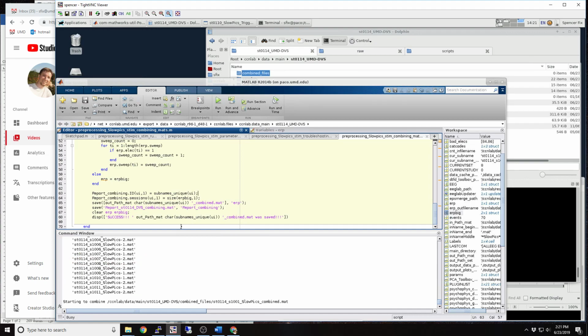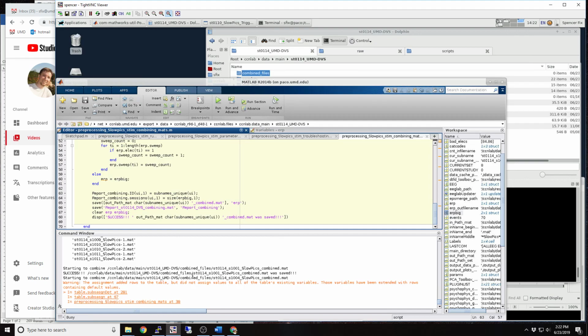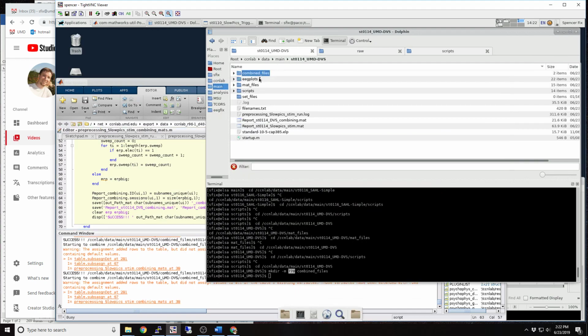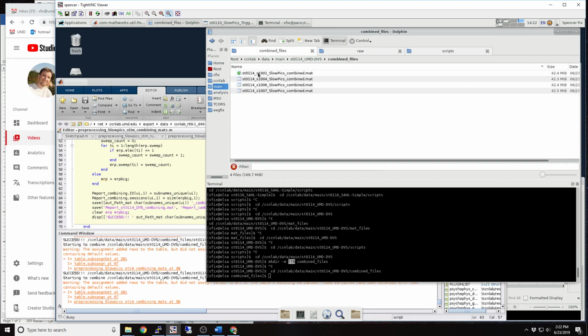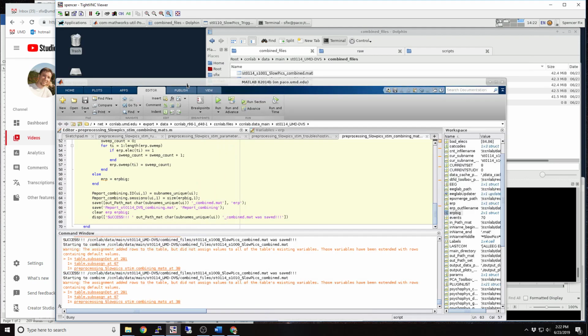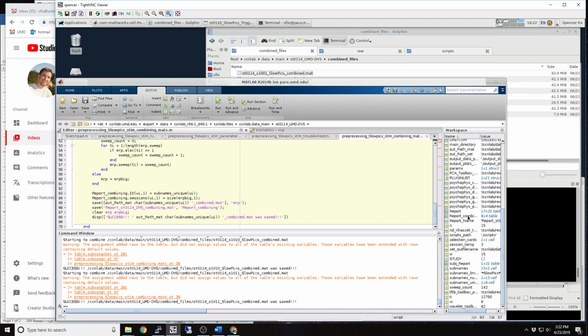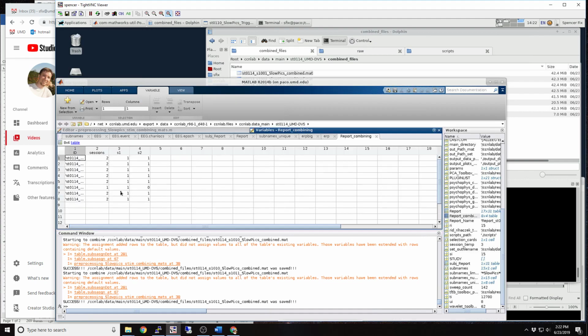So now when I run this whole thing, it's just going to go through each subname's unique, find all the files associated with it, combine them, and then save it as a .mat into combined files. And so this will fill up with one file per subject. And then when it's done, it will create a report _combined,